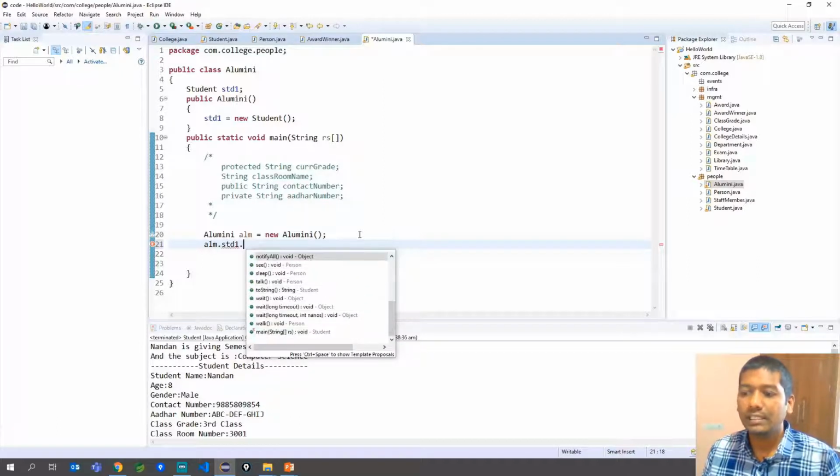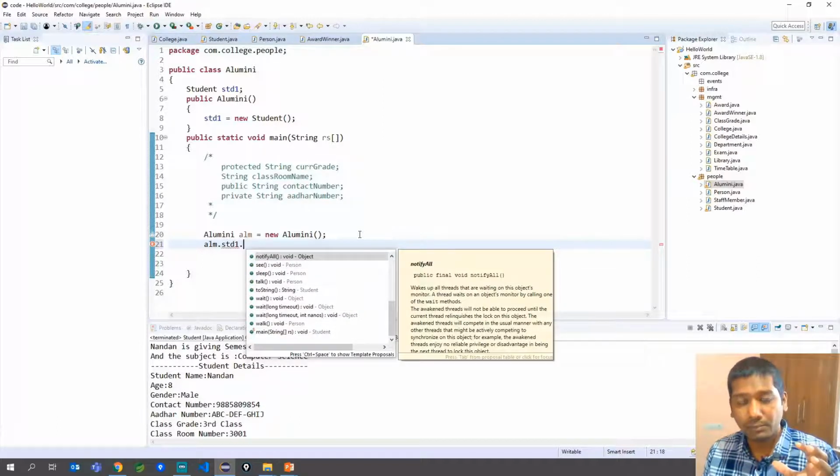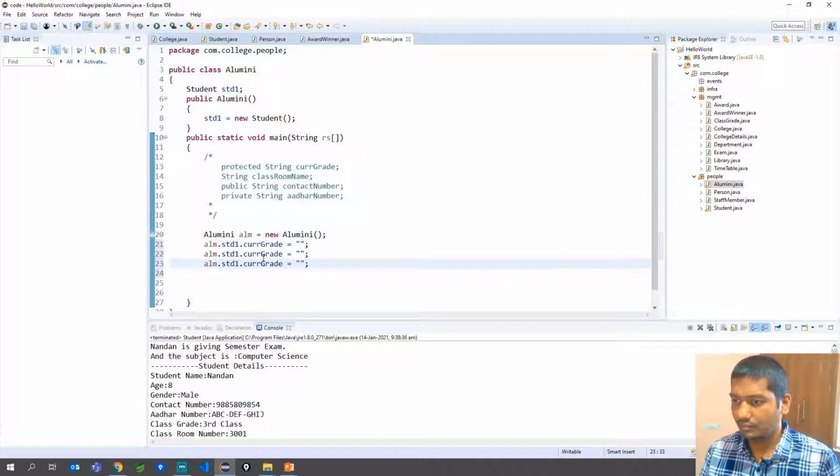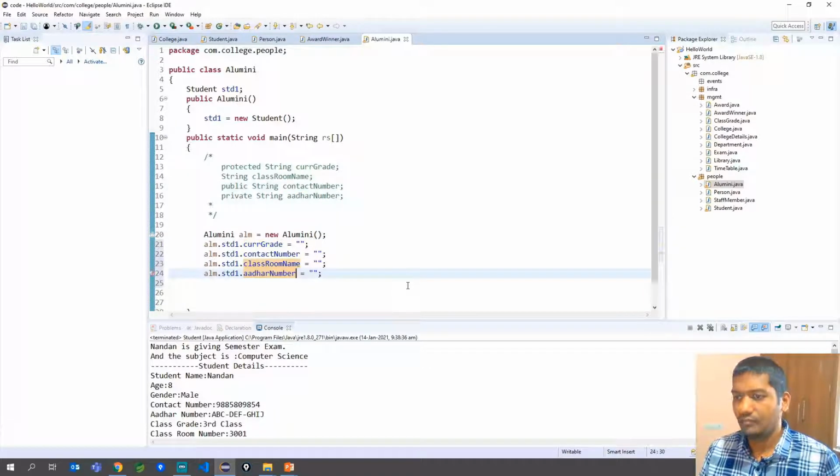This means that we can access all data members except for the data member which has the access modifier private. If I try to access Aadhaar number, it will throw a compilation error. So now we are done with the fourth scenario.